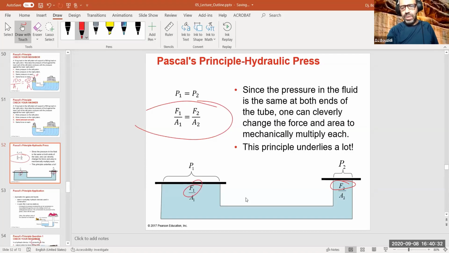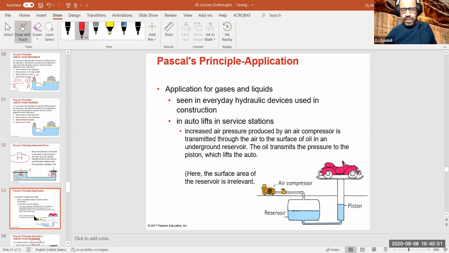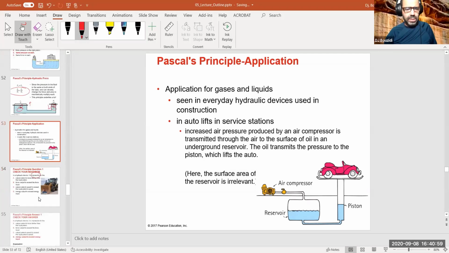Okay, F1 can be greater than F2, granted that the area A2 can be greater than the area A1, and they are the same number. But the work of this force is this force times this displacement, and the work of this force is this force times its displacement, so the displacement will be less. In other words, you're going to achieve it, but not with the same height, because you cannot make energy out of nothing. And this is what I was talking about, the hydraulic press used to lift engines in this case.